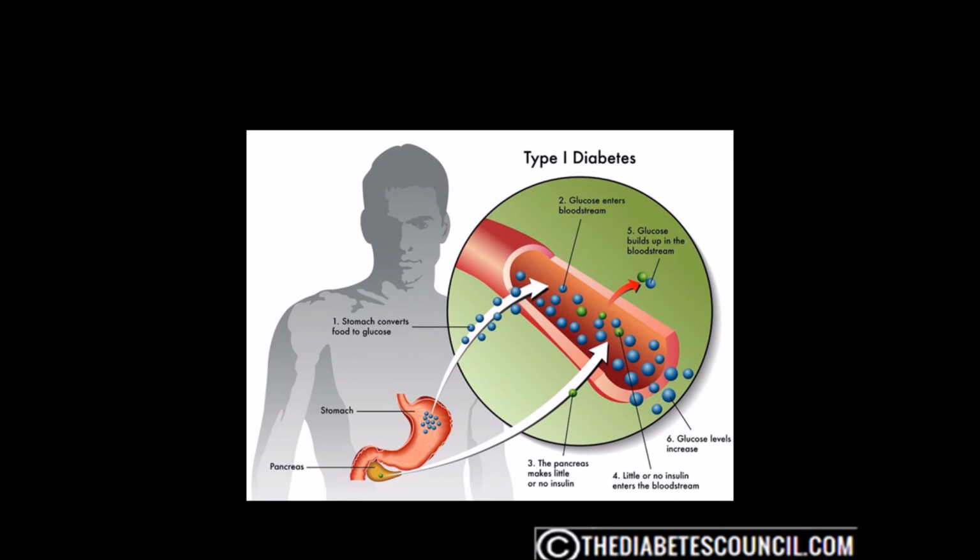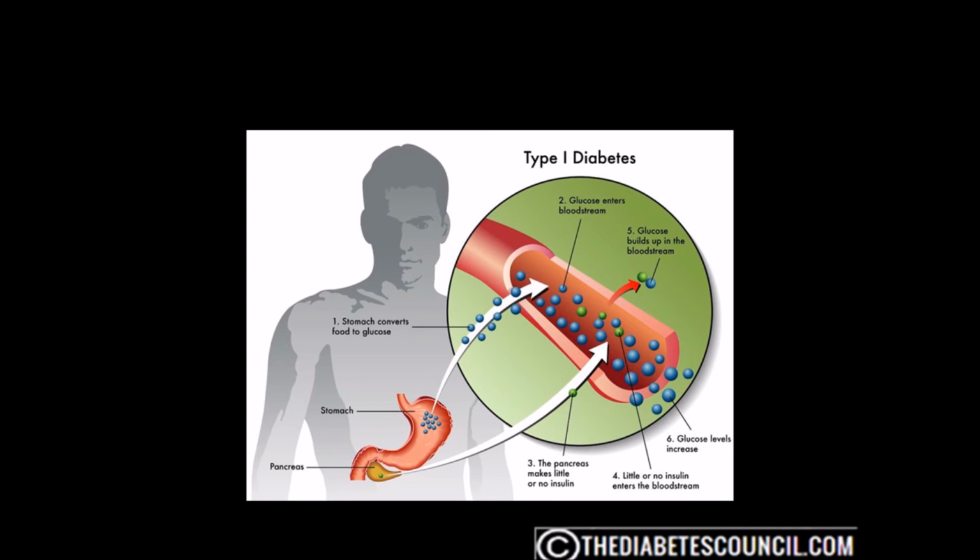According to the Mayo Clinic, the most common symptoms of type 1 are increased thirst, frequent urination, bedwetting in children who previously didn't wet the bed during the night, extreme hunger, unintended weight loss, irritability and other mood changes, fatigue and weakness, blurred vision, and in females, a vaginal yeast infection. Again, there is no cure for type 1 and it cannot be reversed.